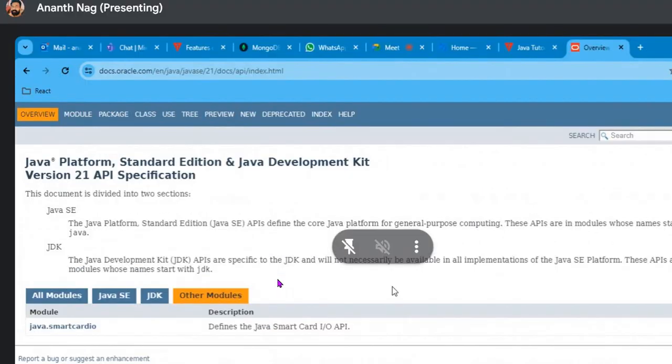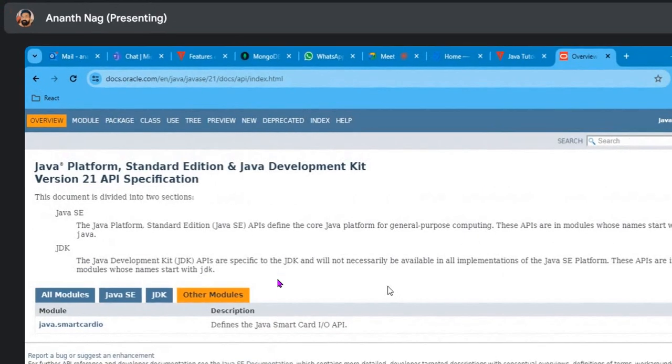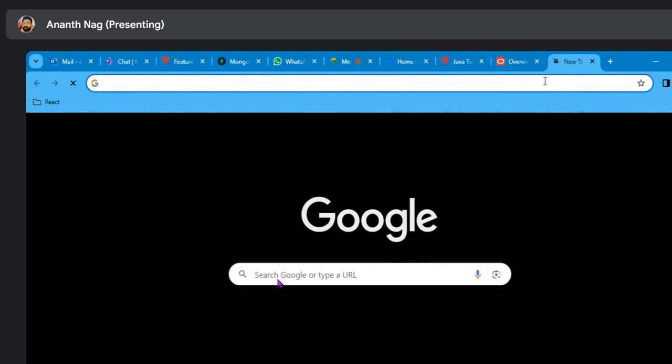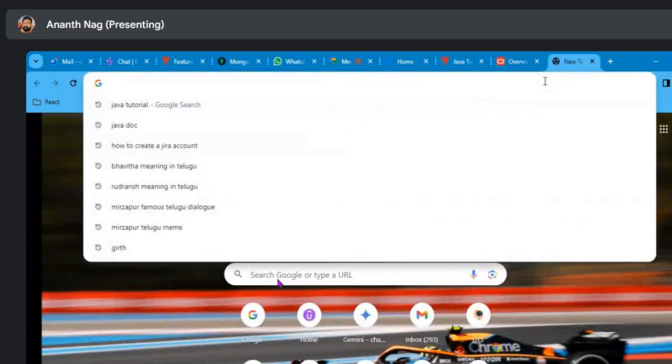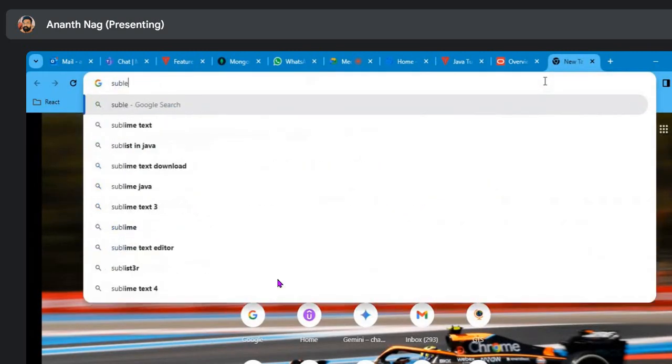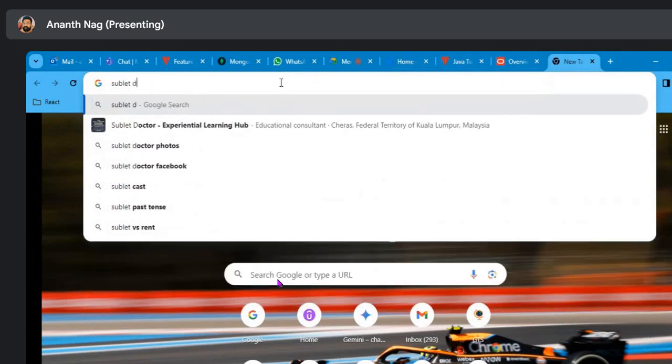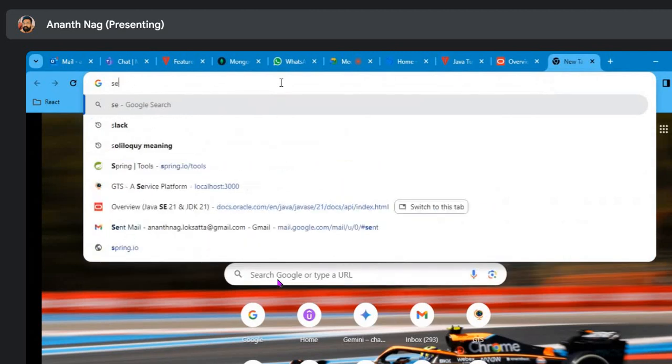You don't have it, so do the search again. Open another tab. Search servlet doc. Servlet. Got it.